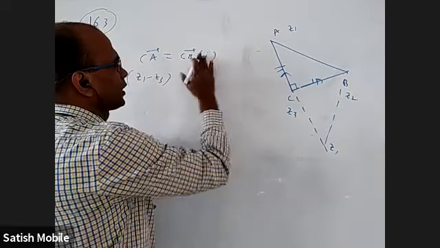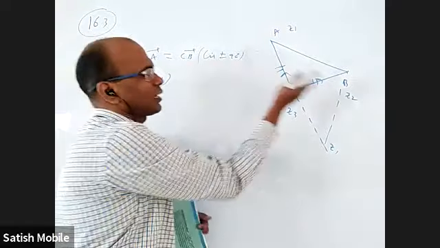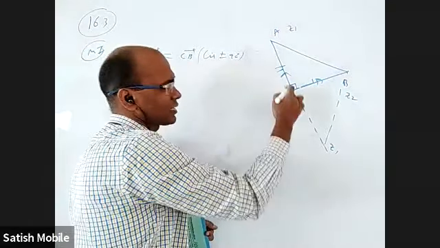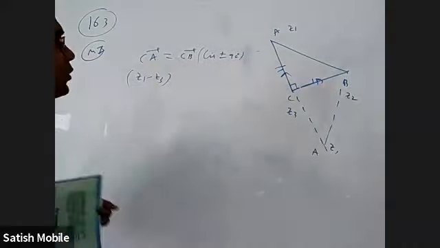This is for, okay, I can better write like this: cis plus or minus 90 degrees. If it is this CA bar, I have to rotate 90 degrees anti-clockwise. If this CA bar, I can rotate clockwise. So it will be either cis 90 or cis minus 90. Both I have to take care.